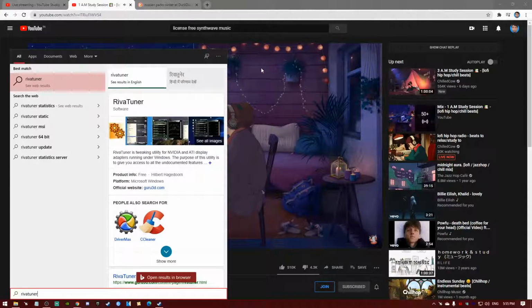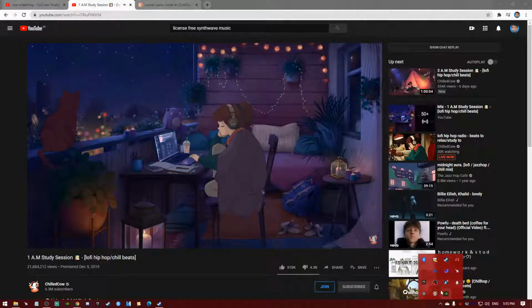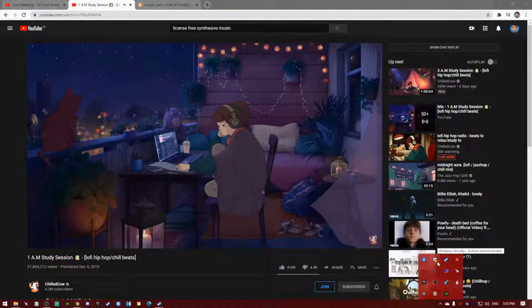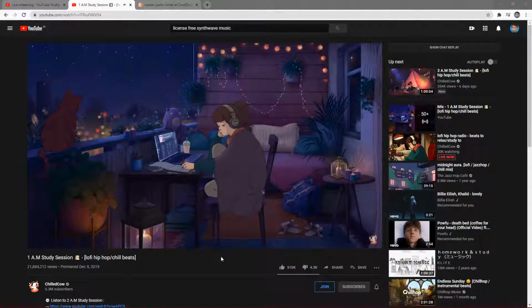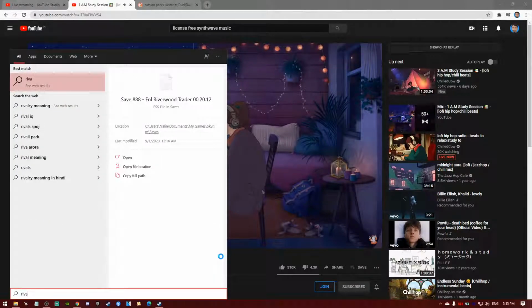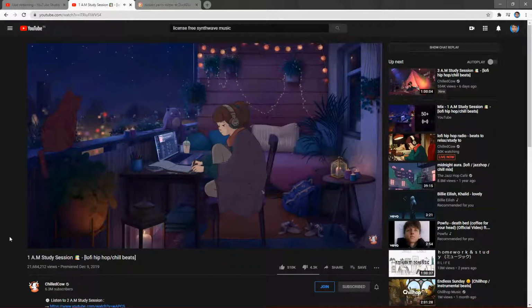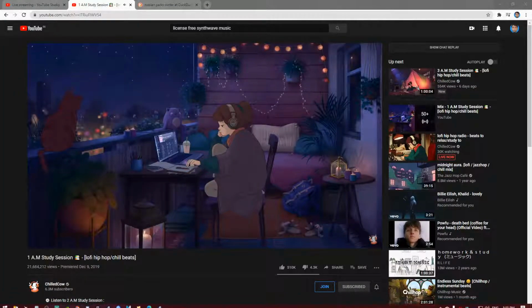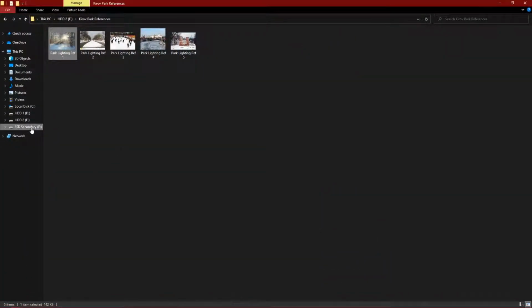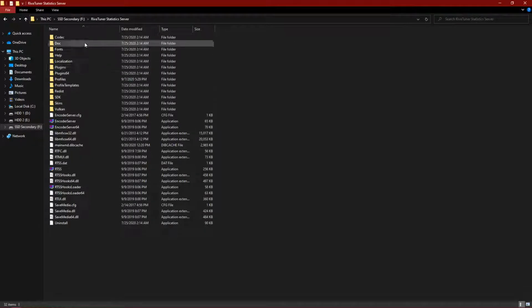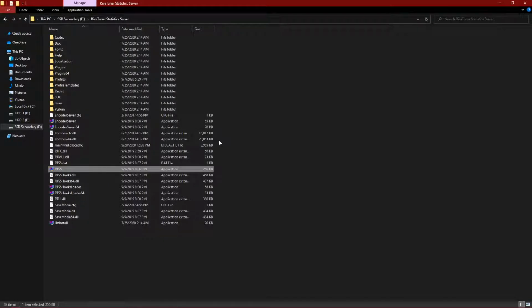Where is it? Stream canvas, wallpaper, nexus, meter. Yeah, there is encoder, RTSS. So basically I'm using a software called Rivatuner Statistics to kind of